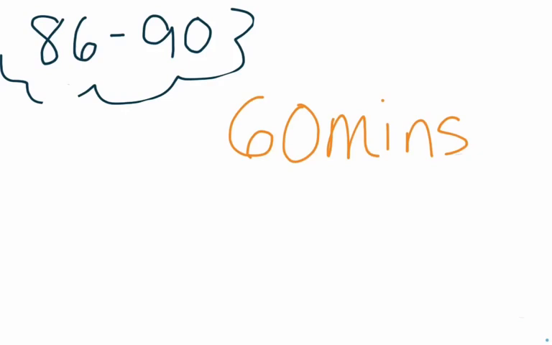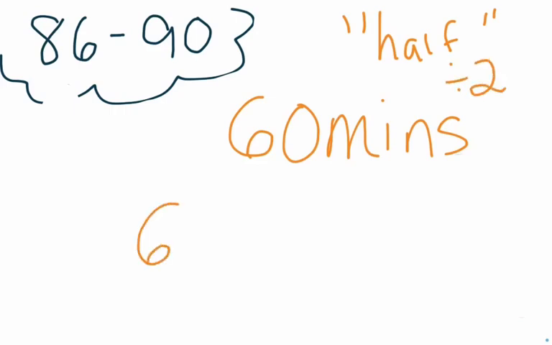Their teacher said they get half the time tomorrow because they didn't have enough time in their schedule. Automatically, when I say the word half, you should be thinking times 2. Not times 2. Whoa, not times 2. Divided by 2. So 60 divided by 2,